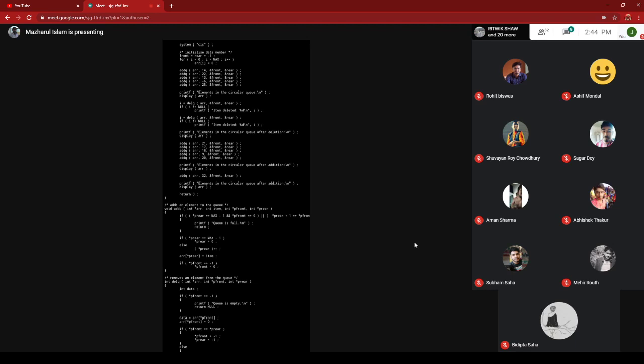Okay, then p rear plus 1, you are making the space and you are assigning that element. When at least one element is added, then p front equal to minus 1 will reset to p front equal to 0, and you are assigning the new element. Okay, now